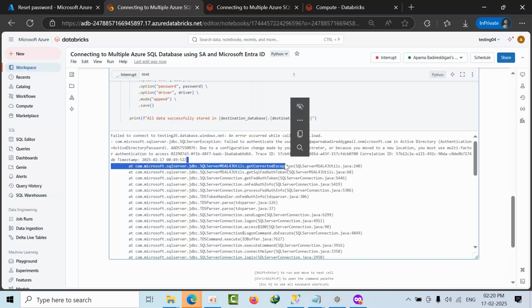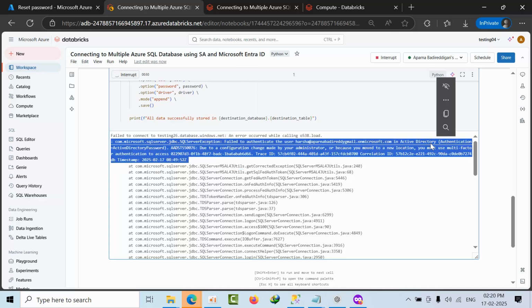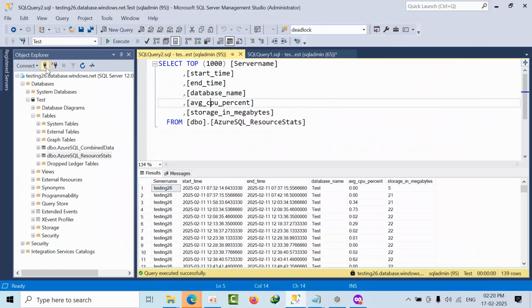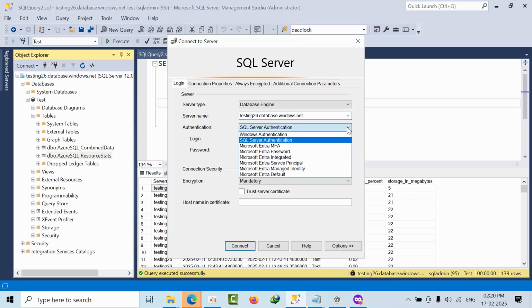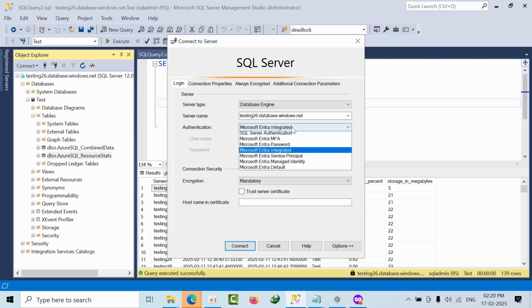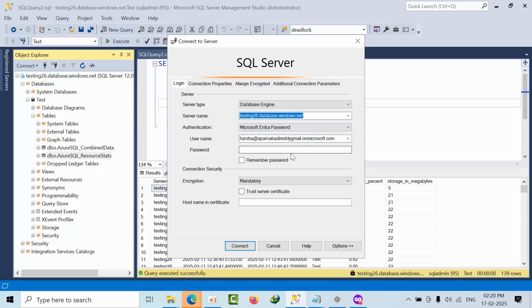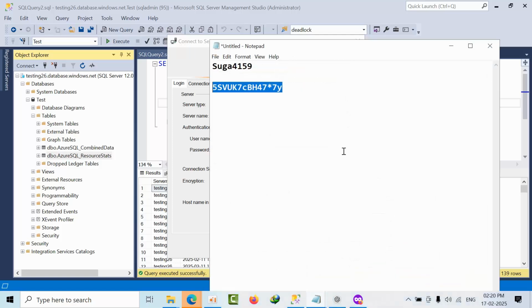It is unable to authenticate in Active Directory. So now see, even though I am unable to, Microsoft Entra Managed Identity, not this one. Okay, now if I give this password,